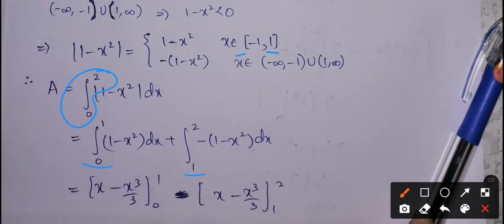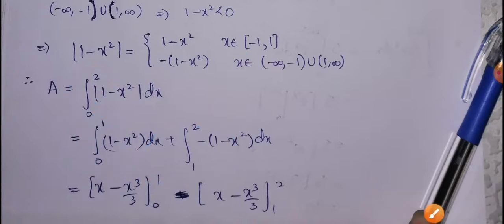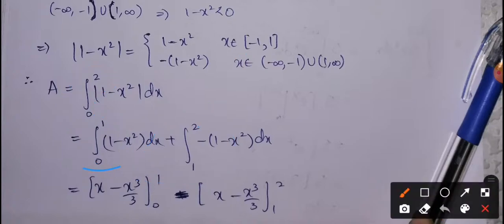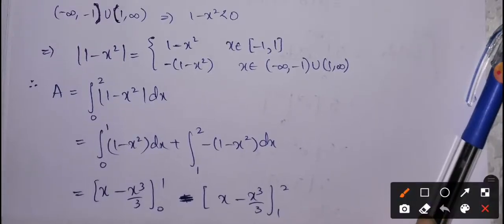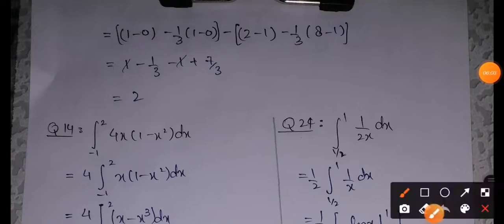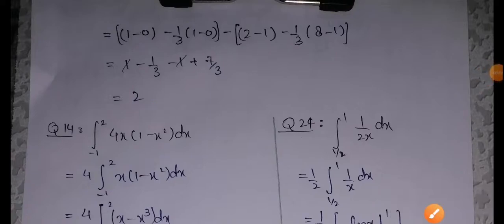This is a property of definite integrals, that we can break the definite integrals into so many parts. So 0 to 1, then 1 to 2, overall it is going to be 0 to 2. So we are breaking our interval according to the definition. For 0 to 1, that is less than 1, here we have 0 to 1 belongs to this interval, so we are going to put 1 minus x square. And for 1 to 2, that is greater than 1, that is the interval 1 to infinity, we are going to put negative times of 1 minus x square. Now solving it according to the rules we have discussed earlier, and then putting upper limit minus lower limit, the final answer is 2.